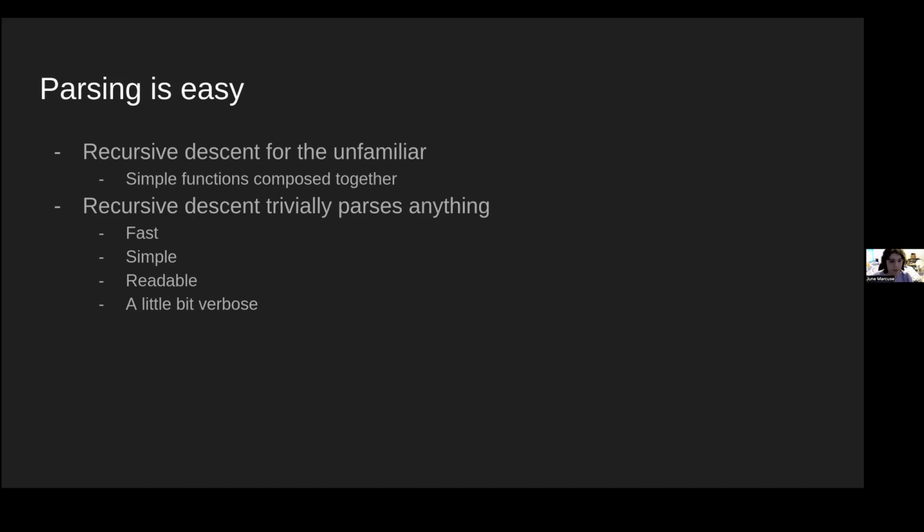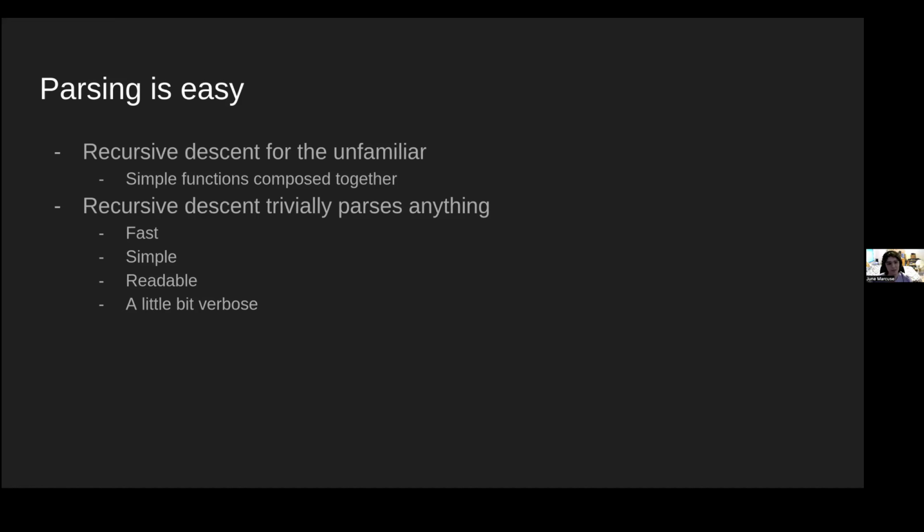So, a bit of background on parsing. Parsing is easy. There's this approach that we use called recursive descent. For anyone unfamiliar, the basic idea is that you write a simple function to parse a simple piece of an input. So it'll only take a small chunk, and the rest will be left, and then you can have a simple parser for like a Boolean, for example. It'll parse true or false. You could have a simple parser for a number, and then you can take these functions and write other parsers that call those in order to do their parsing operations.